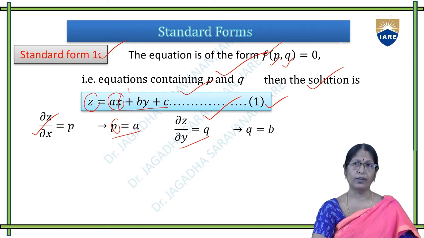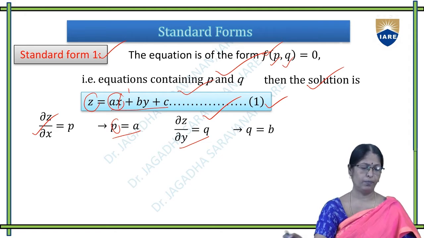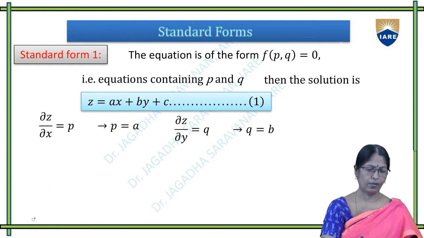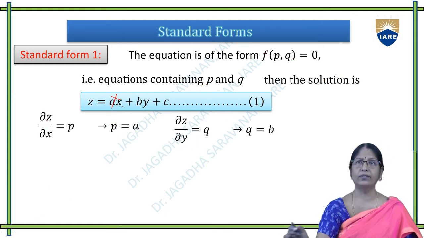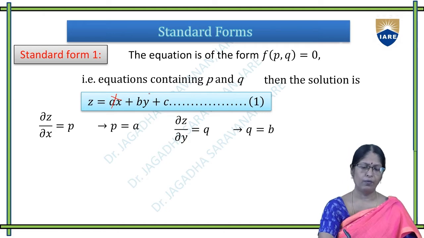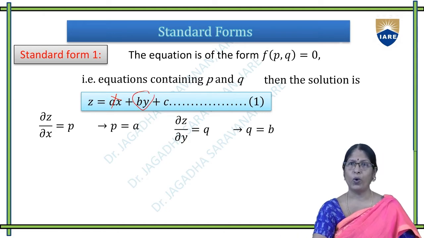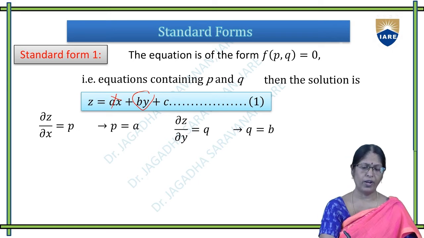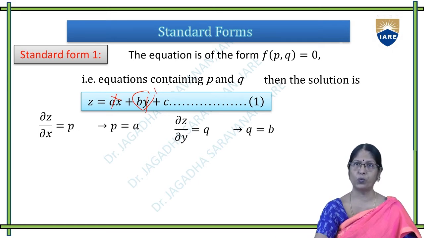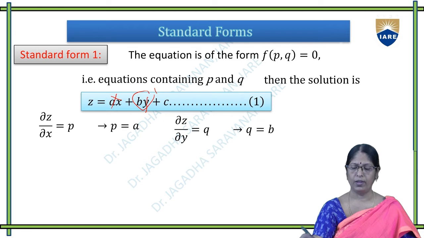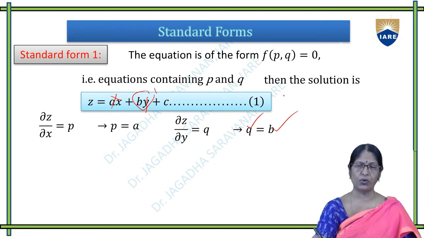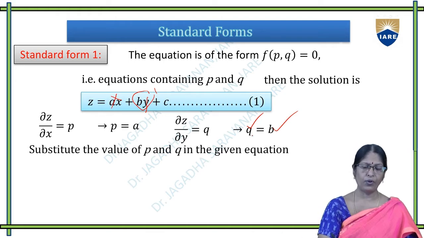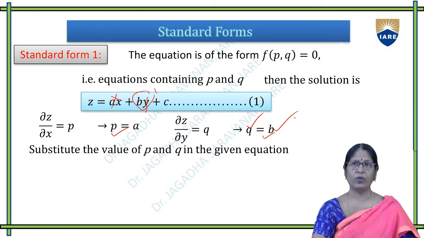When differentiating partially with respect to y, only the variable y is considered. The derivative of y is 1, so b into 1 is b, and dou z by dou y is denoted by q. After finding p equal to a and q equal to b, we will substitute them